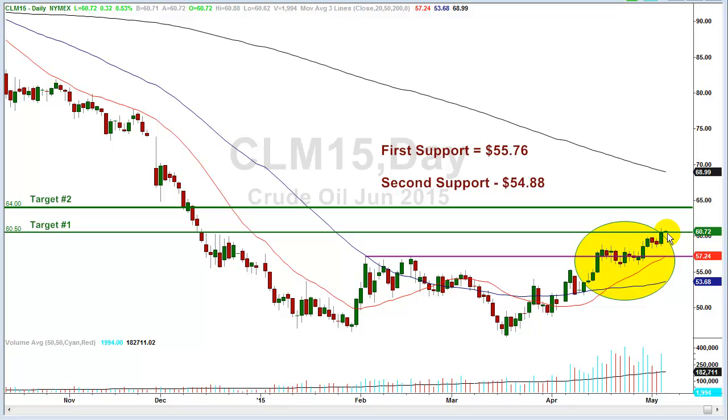Now, where do we go from here? Well, it's pretty simple. As long as we stay above and stay in a bullish tone, okay, above 60.50 is going to be support, okay, then the market's going to want to head towards that 64 second target. Now, we may or may not get there, but as we get closer to second target, if we do get up to 64, you're going to hear all the real bulls come out. They're already starting to talk about long-term bottom in oil, and they're starting to talk about $70, $75.